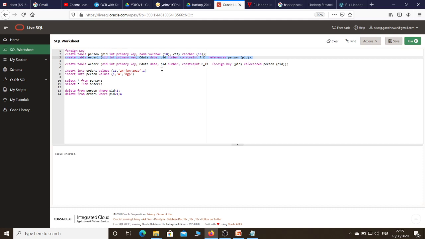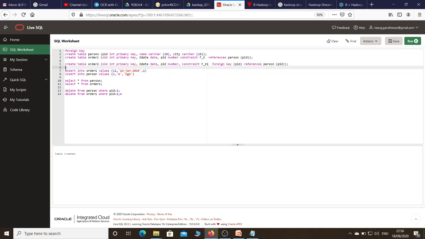Here what I have done, PID number, then I give a comma, constraint f underscore k1, foreign key PID, references, parent table name is person, attribute is PID. Again I am executing it, so it will create an order 2 table. In this case only one parent person is there and I have created two children, order 1 and order 2. This is only to show you how column level and table level constraints can be created.